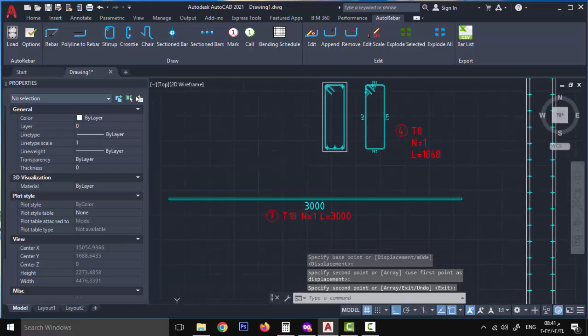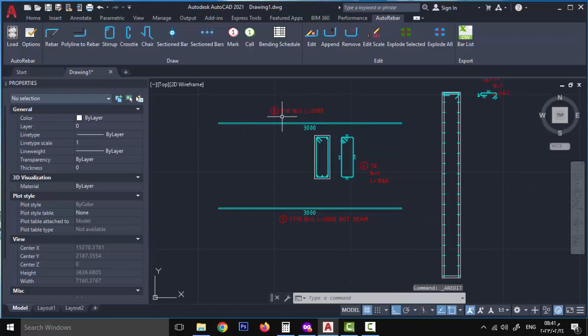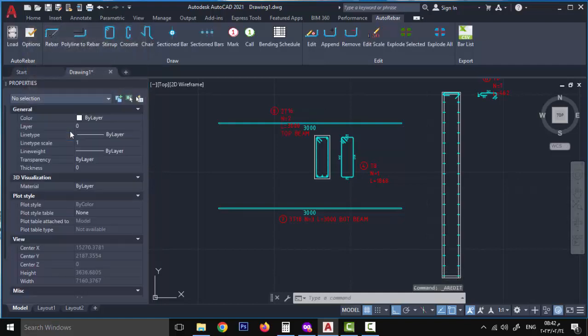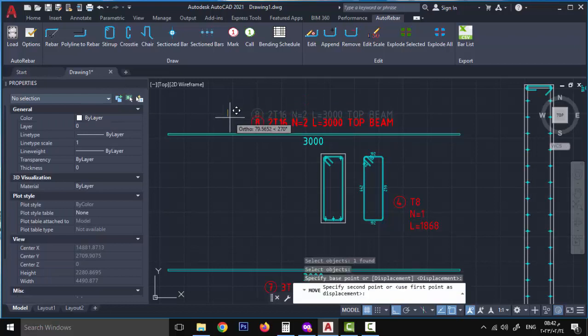I have 3 on the bottom and 2 on the top, and I click here 3 bottom beam, and here 2 top beam. I adjust this one, I adjust the place,